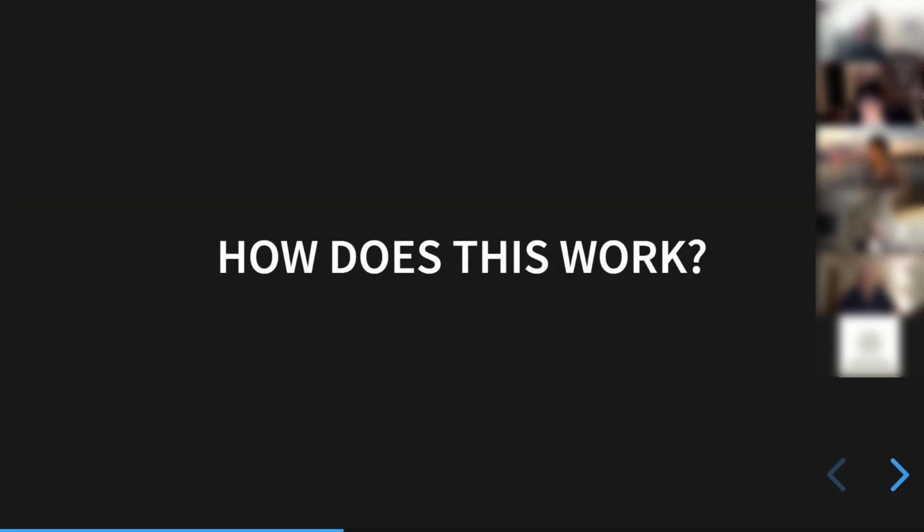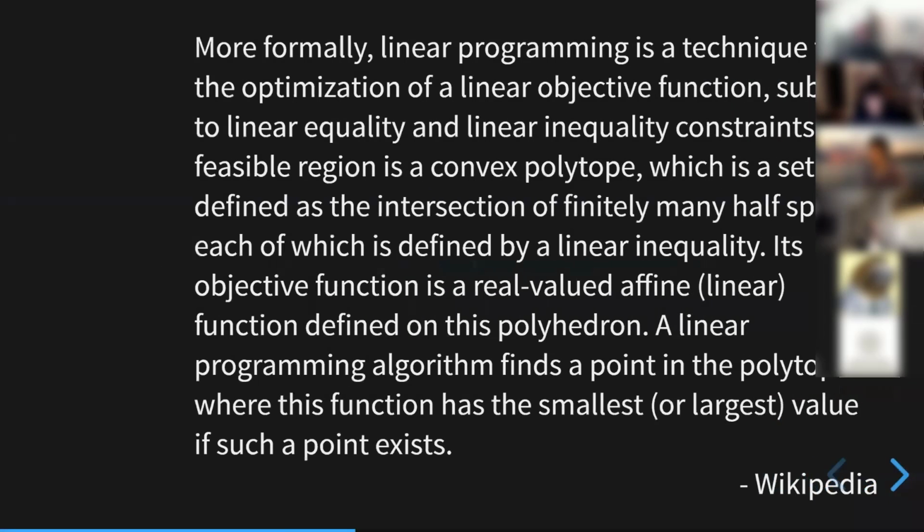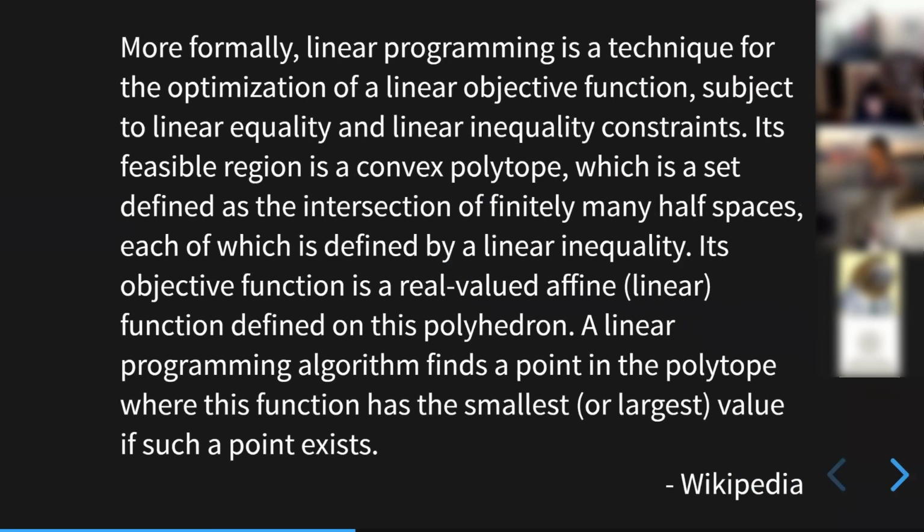I think as developers, a lot of the time we'd like to understand our tools and what's going on underneath the hood. I always get really fascinated and geeked out about this. So I like to know, how does it know that's the answer? How did it find that solution? Well, if you go on Wikipedia and look up linear programming, which is a subset inside of this field, you're going to see this really technical definition.